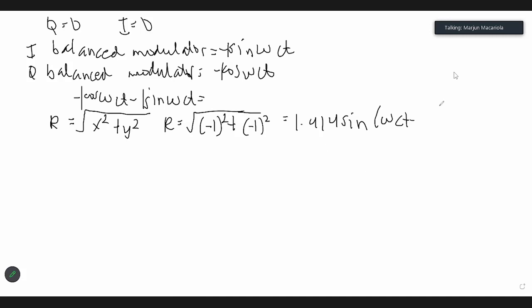So, that is 1.414 sine omega ct minus. Okay? So, kailangan natin kunin yung kanyang angle or yung kanyang phase. So, paano? So, using arctan. So, tangent, angle is equal to arctan ng y over x. Okay? So, angle is equal to